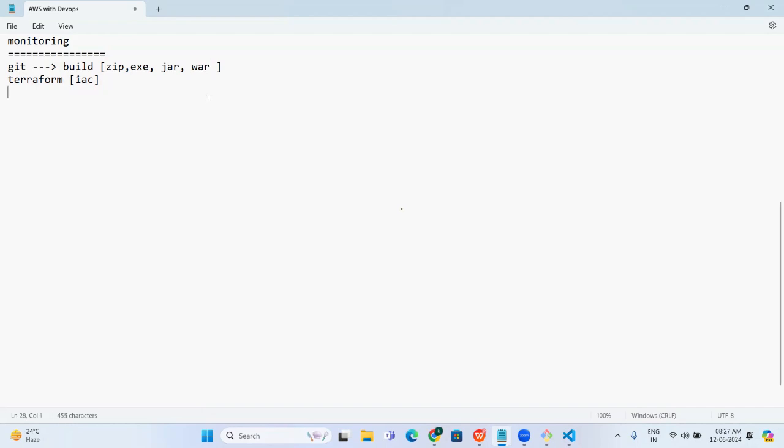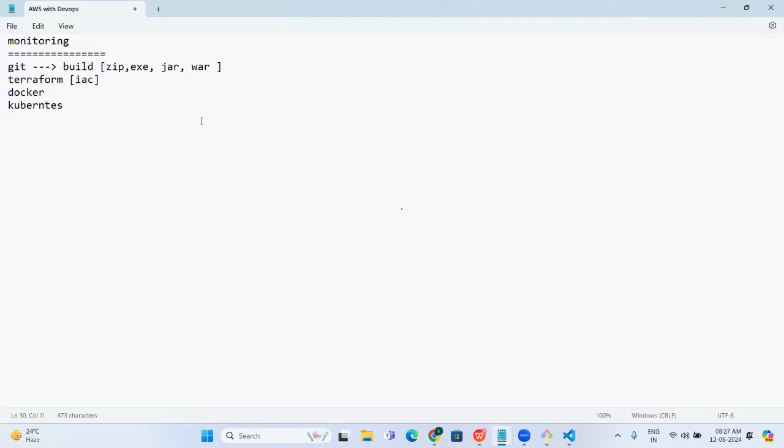There are advanced tools like Docker and Kubernetes, so we'll try to understand Docker and Kubernetes. There is a lot of movement around Docker and Kubernetes. How do we manage Kubernetes on AWS? There is a service in AWS called EKS, Elastic Kubernetes Service. We'll learn that.